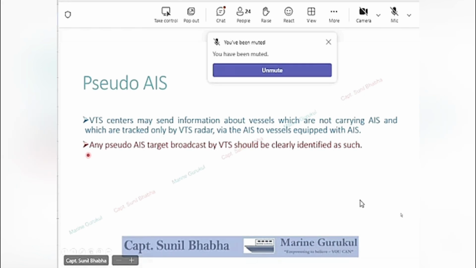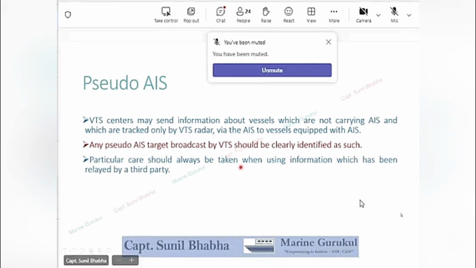Now the requirement is that any pseudo AIS target broadcast by the VTS should be clearly identified as such. So there are some specific symbols which may be used by the VTS to show a pseudo target. There is an IMO resolution also which tells us what symbols should be used in the AIS.